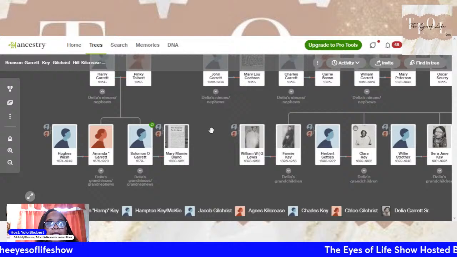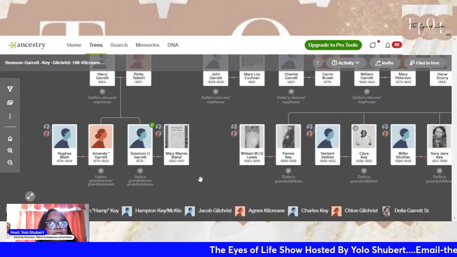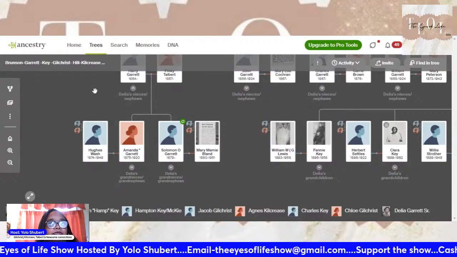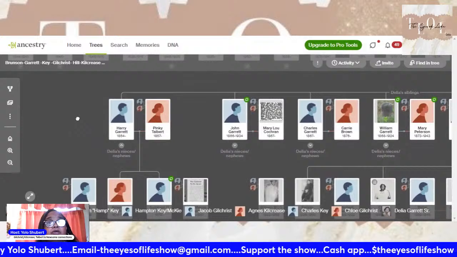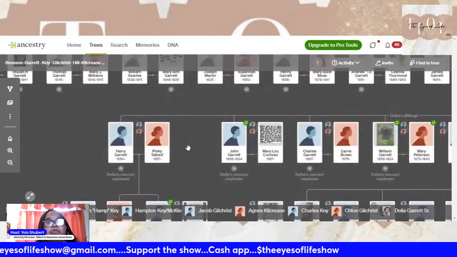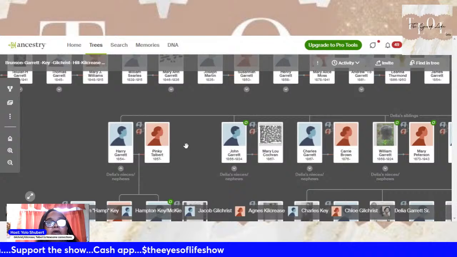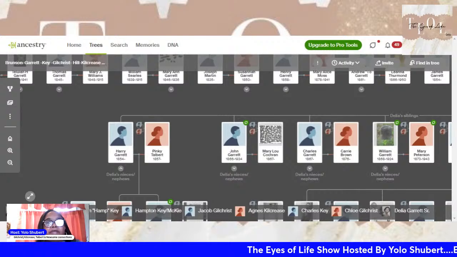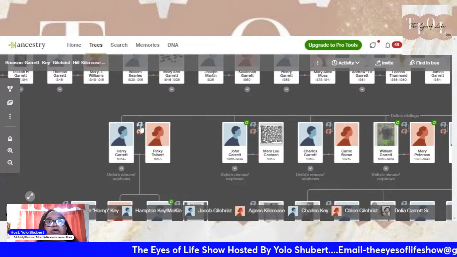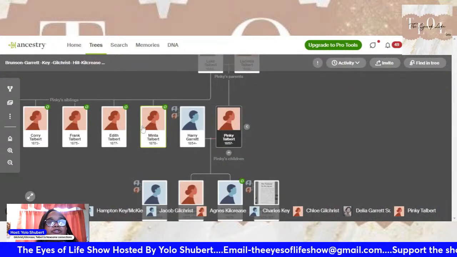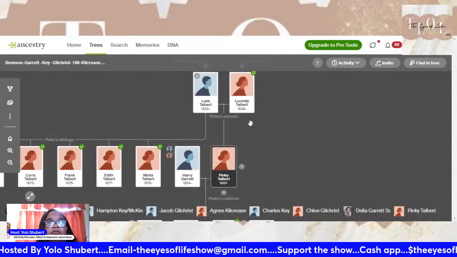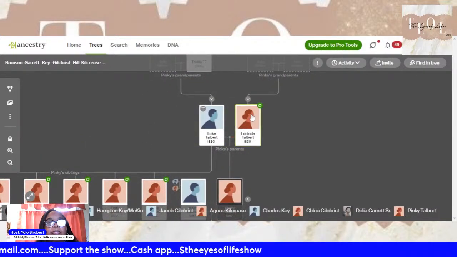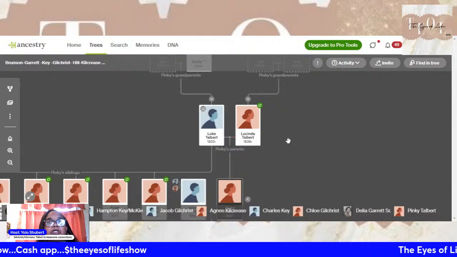Okay, so then you have Solomon's children. He married a Bland, which is going to go back to those Brunsons. I guarantee it. And Amanda married a Wash. Okay, so those are lines that are also going to take you back into the Talberts. And then when I go into Pinky Talbert, okay, and once again, remember, we're showing how we all link into these different families. Okay, so Pinky Talbert goes back to Lucinda Talbert and Luke Talbert. Okay, and Lucinda Talbert is also going to go back to